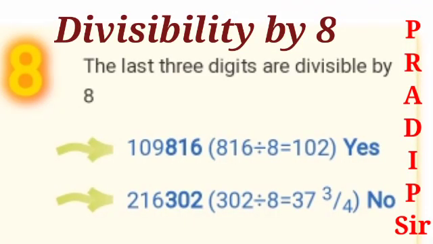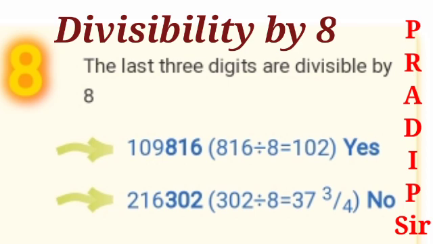Now it's divisibility by 8. It's very similar to divisibility by 4. That means the last 3 digits must be divisible by 8. A number will be divisible by 8 if the number formed by the last 3 digits, that means the digits in the units place, tens place and hundreds place, is divisible by 8. So let's take an example,